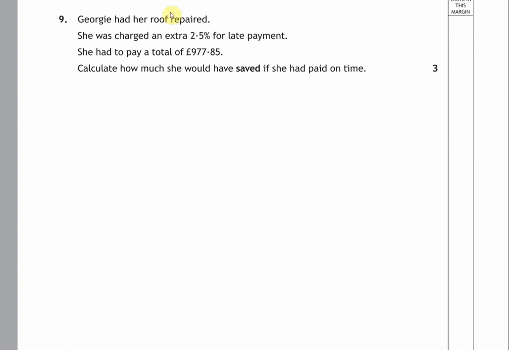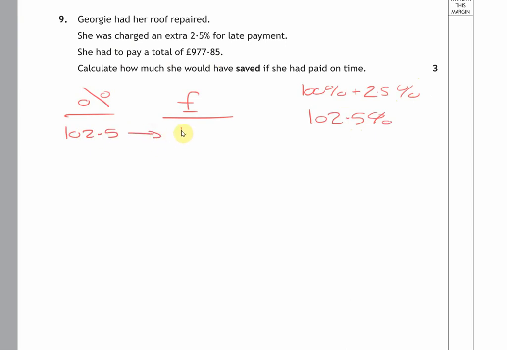Now what we need here is a relationship between the percent and the total payment. So I'm going to have 2 columns, percent and pounds. Now the amount that she should have been charged would be the original amount, which would be 100%. But we know that the 977.85 is inclusive of a 2.5% charge. So in terms of the actual percent that this bill constitutes, it would be 102.5%. So we can then say the relationship here is that 102.5% is equivalent to